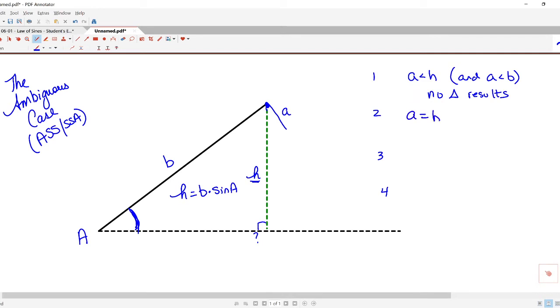If A is equal to h, so that means in this case that side A comes right down here at a right angle, then what you get is one right triangle. And we're going to use SOHCAHTOA to solve. Okay. Next, if A is greater than h but still less than b,